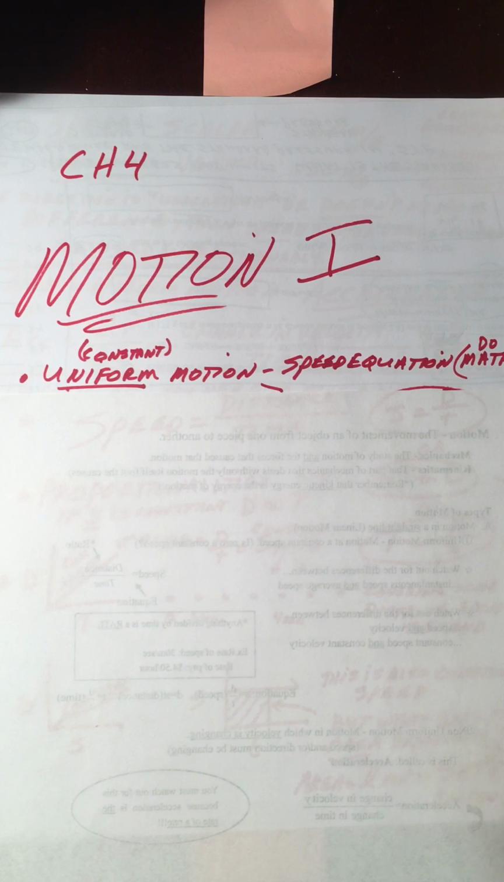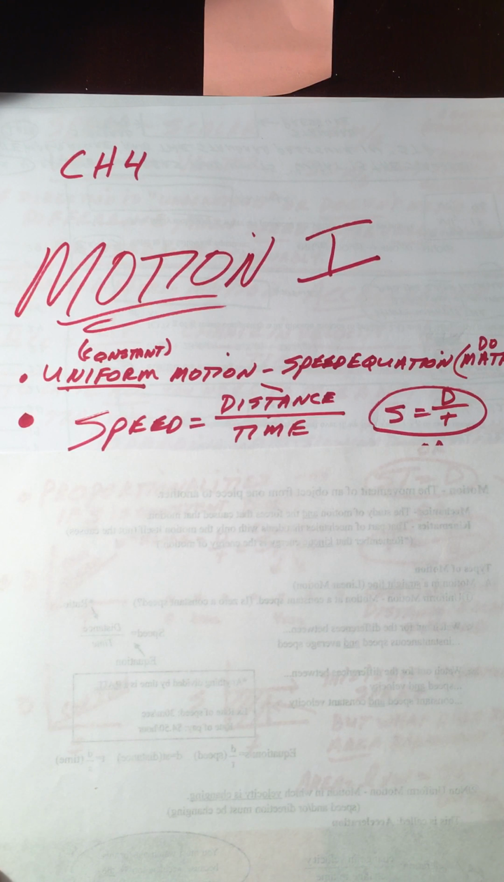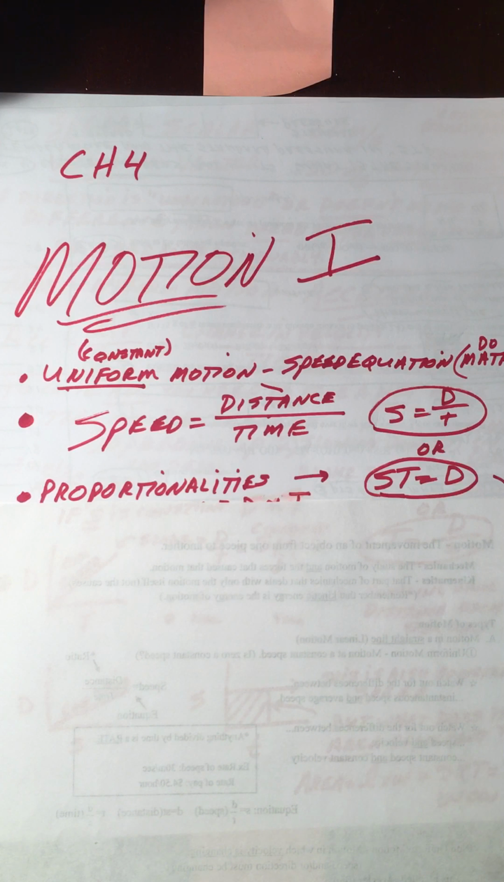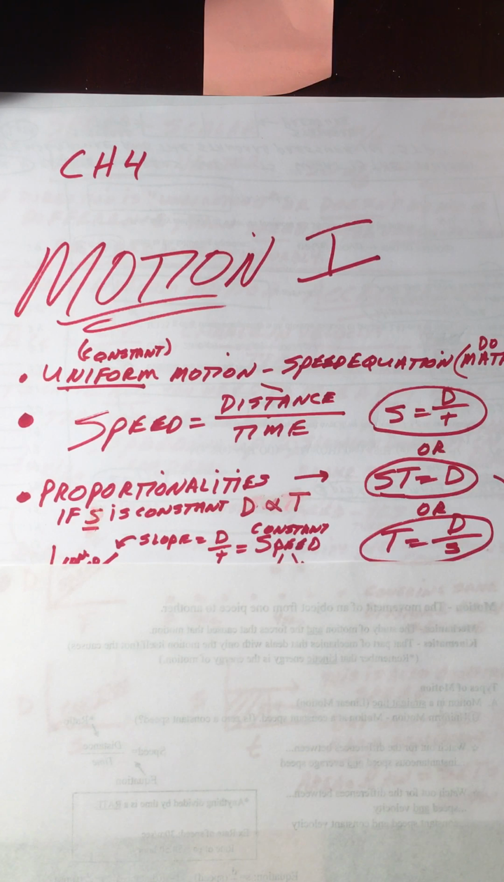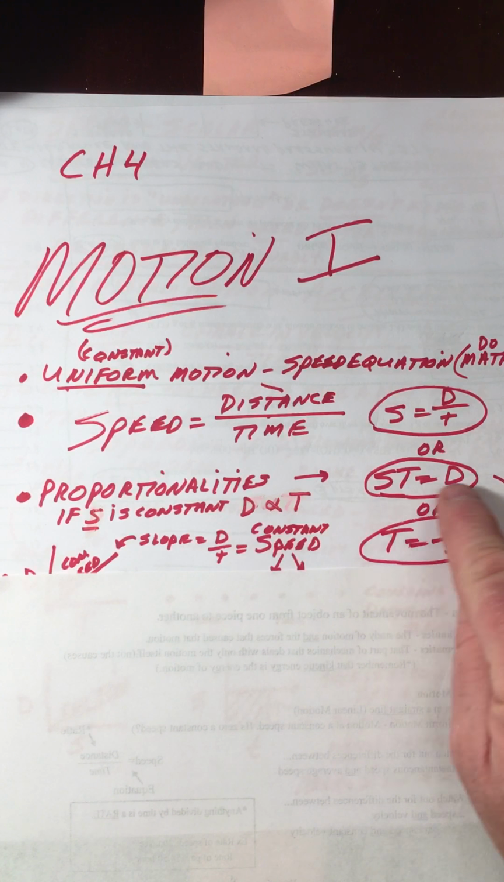Uniform motion means you're going at a constant speed, and we use the speed equation for that. Now, this is kind of like algebra stuff, but speed equals distance over time. That's pretty easy there. You can rearrange it: speed times time is distance, or time equals distance over speed. Now let's think about that. If you look at the proportionalities,